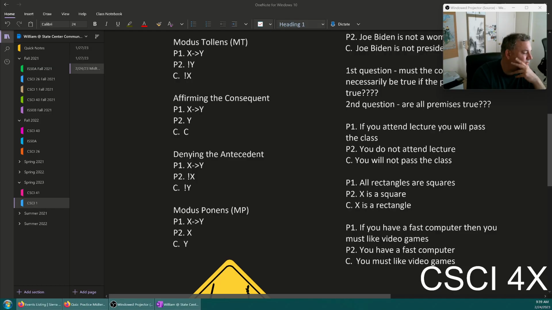Okay. If I have cash, I'll buy food. I have cash, therefore I'll buy food. That is also modus ponens. If I have cash, then I buy food. I have cash, therefore I buy food. It's a direct deduction. Okay, so cut off for that one.